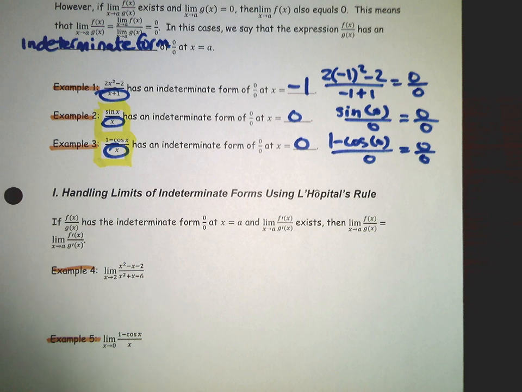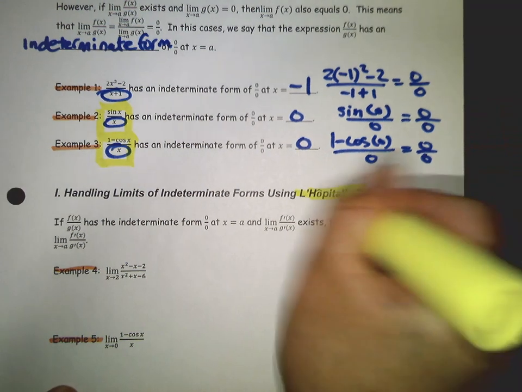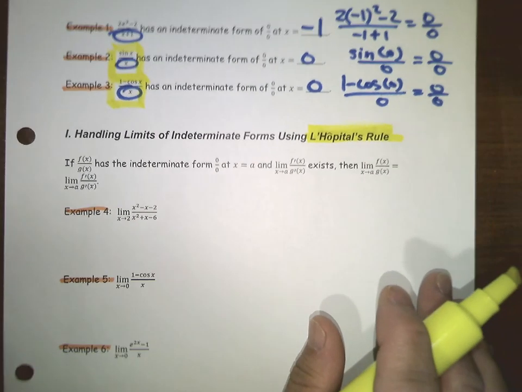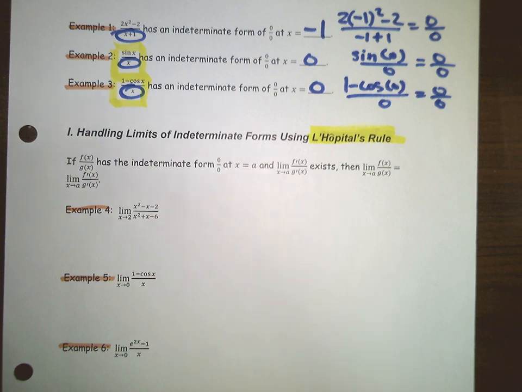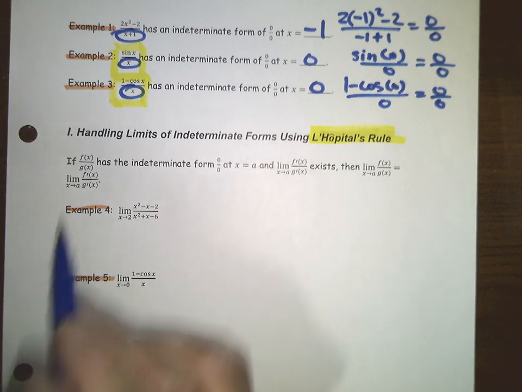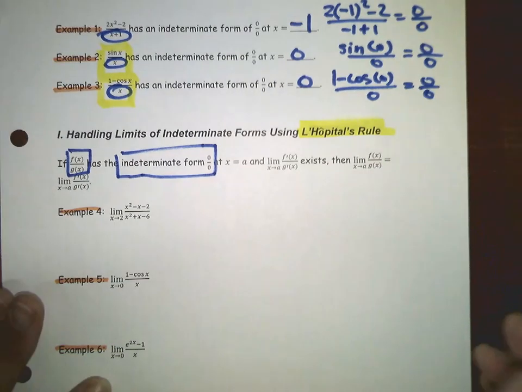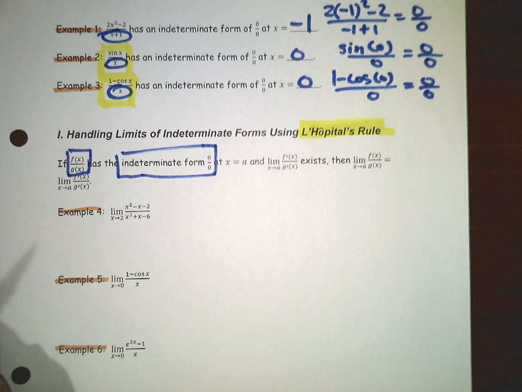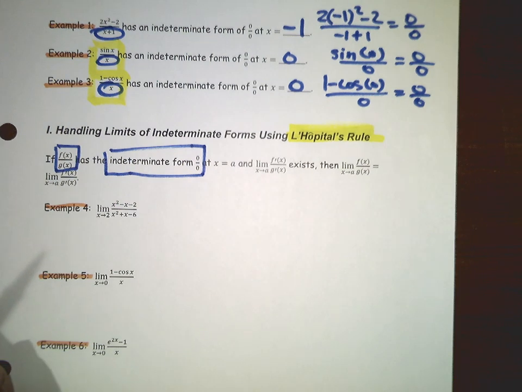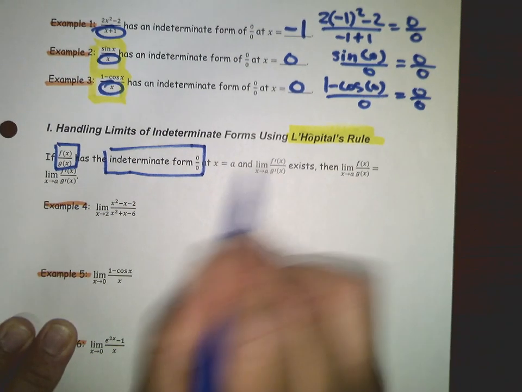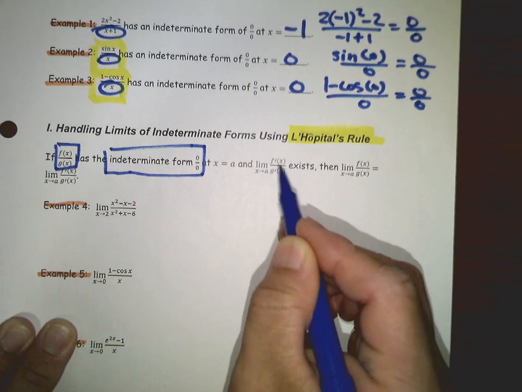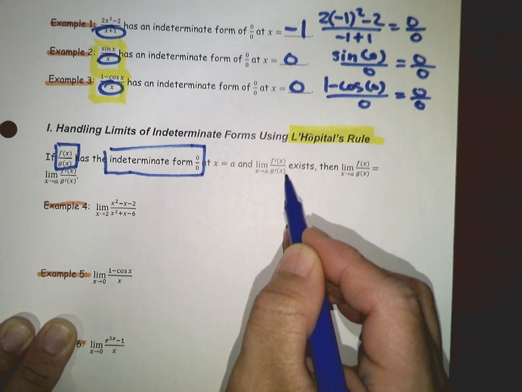So how are we going to handle these limits of indeterminate forms? You're going to use something called L'Hopital's rule. You may or may not have heard of this. This is a famous theorem, or famous rule, that we have here. So if f of x over g of x has an indeterminate form of 0 over 0, and it needs to be 0 over 0, if you have other indeterminate forms, then we will talk about those in the next section, all right? And then if the limit of f prime of x over g prime of x exists,